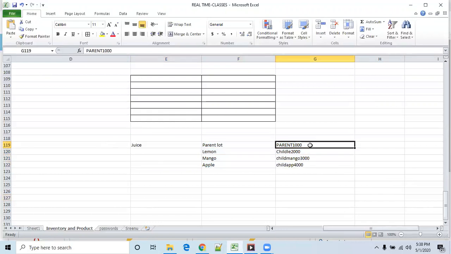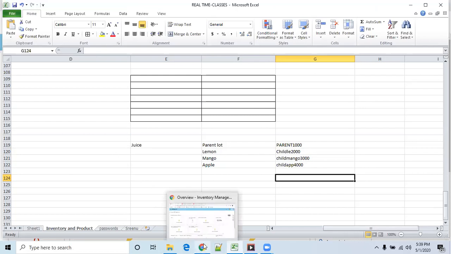In my company they use it like this, but some companies can fix the parent lot, or even increment it if they want. Here, for one component we are fixing the parent lot, and based on the flavors we are incrementing the child lot number.